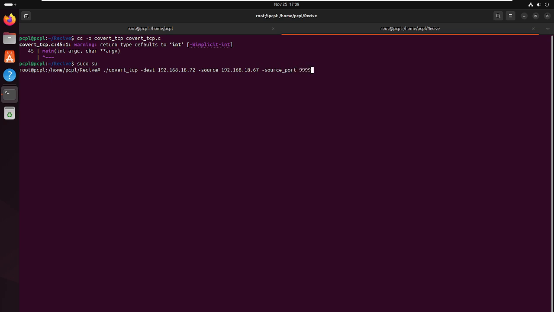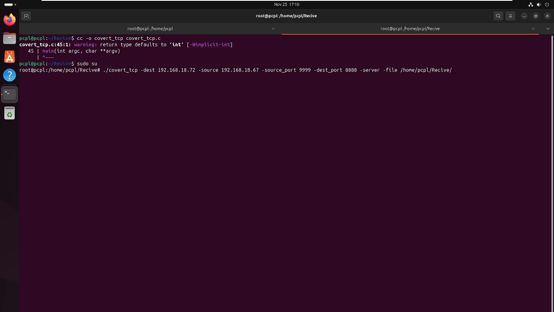I put the source port as 9999, and the destination port as 8888. Then from a server, and file. We just need to write where our file needs to be saved. Home is here. Then we type receive,